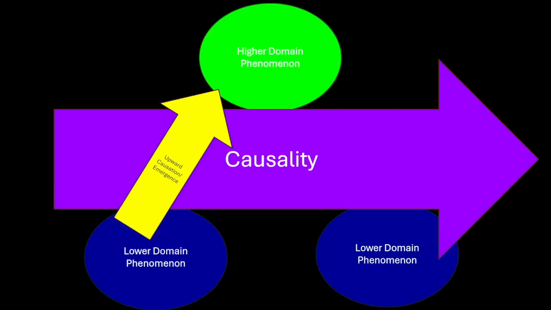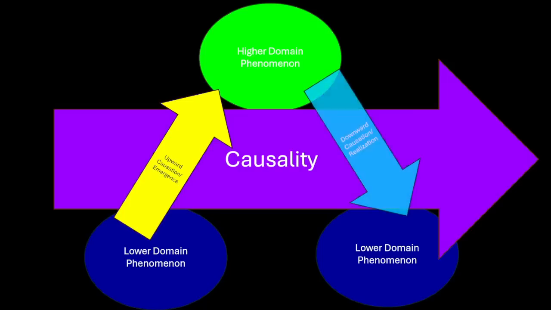Now, we can sketch what this all looks like through this diagram. We can think of causality as being, for the most part, horizontal. So all causality is horizontal. But lower level phenomena at a certain domain can, through emergence, give rise to higher level domains. So a higher domain phenomenon can arise from a lower level domain. And that's pretty simple, right? Like the fact that atoms can arise from quarks, or that atoms can arise from protons and neutrons. That's an example of a bigger phenomenon arising from smaller phenomena.